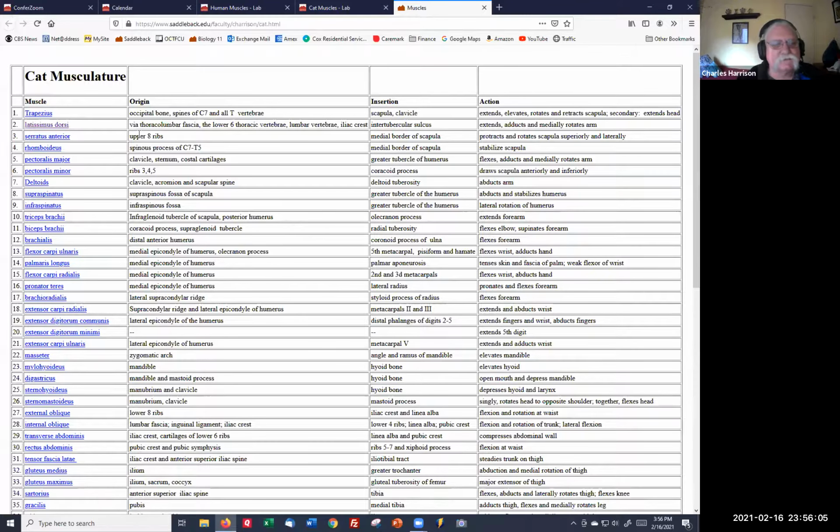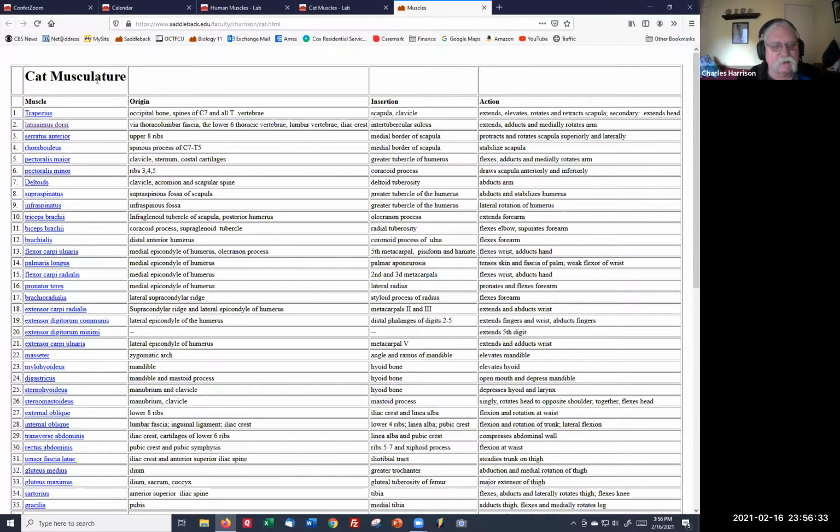All of these origins, insertions, and actions are the same as you saw on the last sheet. So you're not learning double that. These are all actually human origin, insertion, and action, which you're going to need to be able to identify